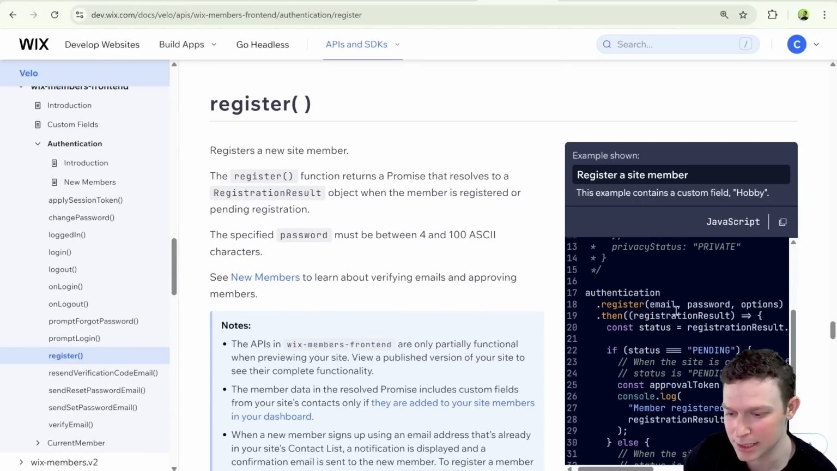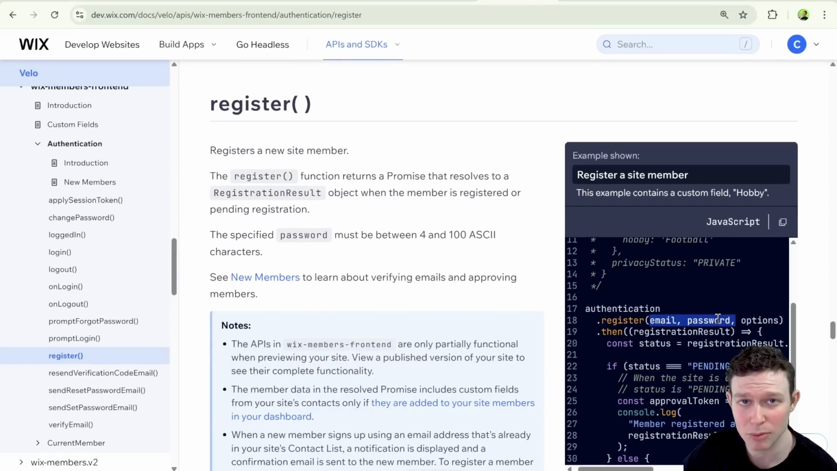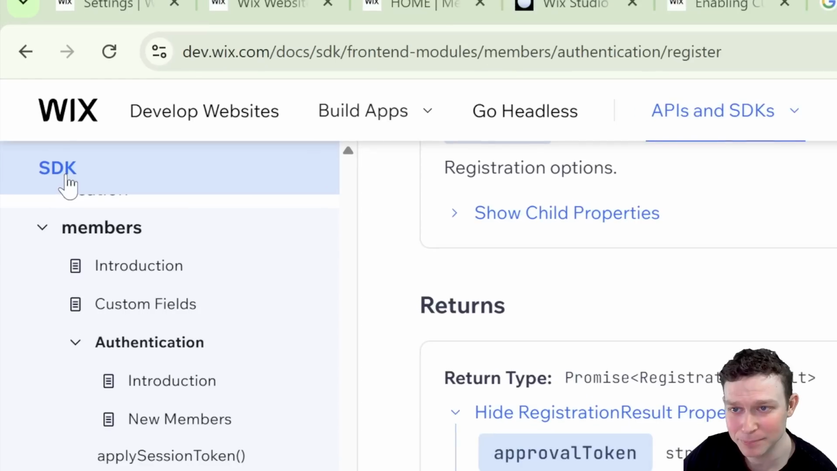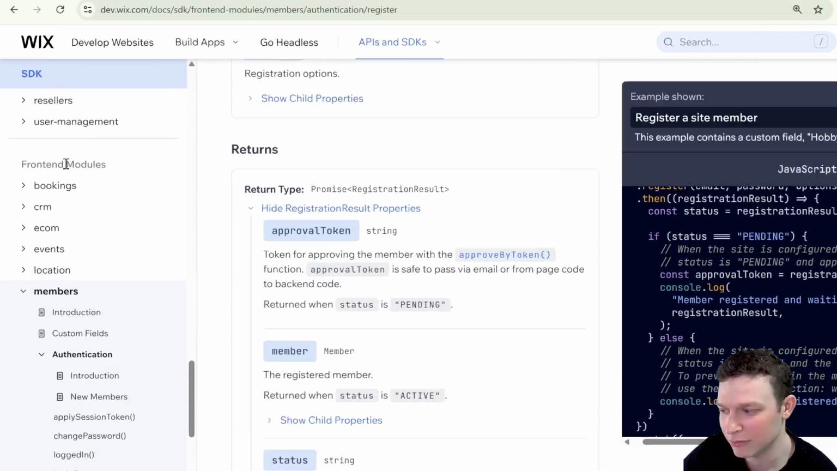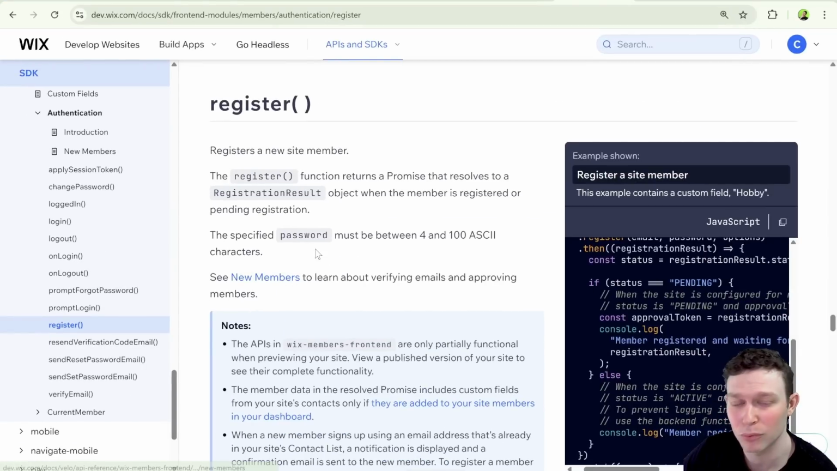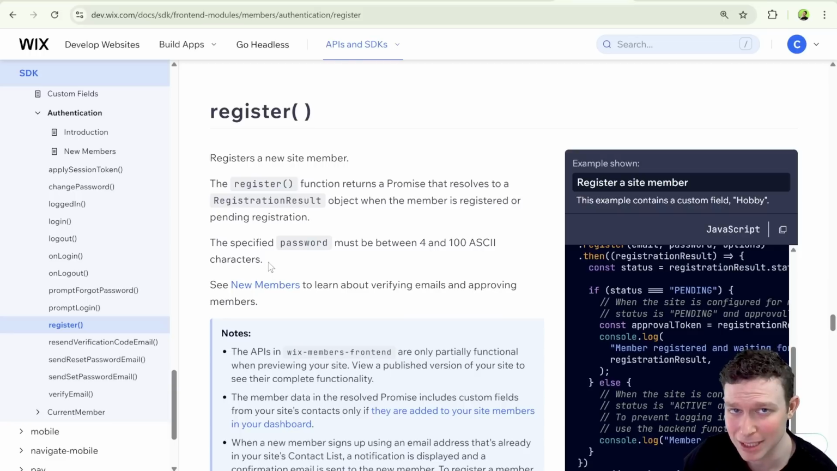Essentially what it does is it takes an email and a password, and it creates a member. Okay, that's what we're doing. It's not going to be overly complex. So this is the Velo API. This is what you would have used without a doubt until about a month ago. If we take a look here at the JavaScript SDK, we'll see that within, again, front-end modules and members authentication, we also have a similar corresponding register function. So theoretically, according to Wix's recommendation, we should be using this one because this is the one that's in the SDK. The reason I still want to stick to the Velo APIs, at least for the time being, is because